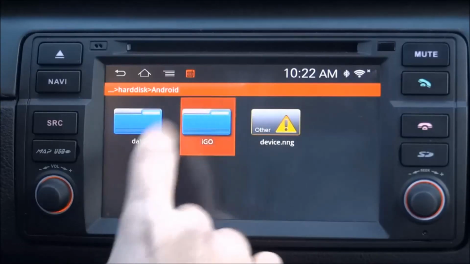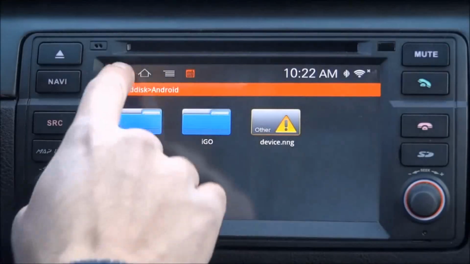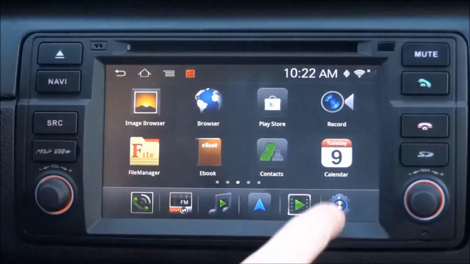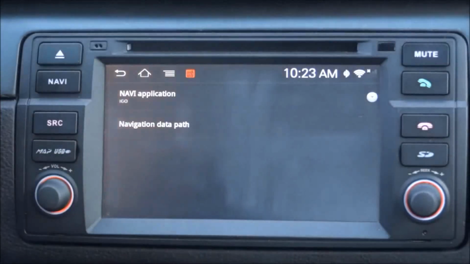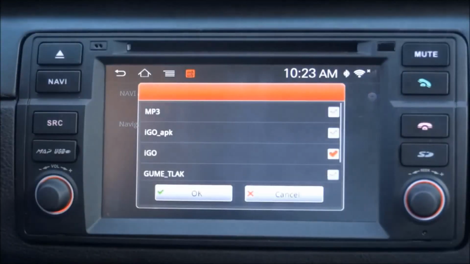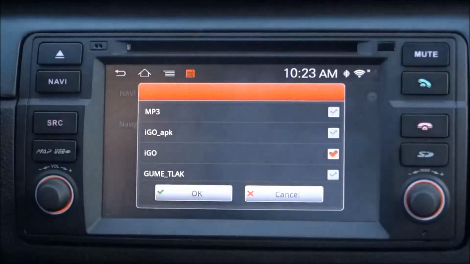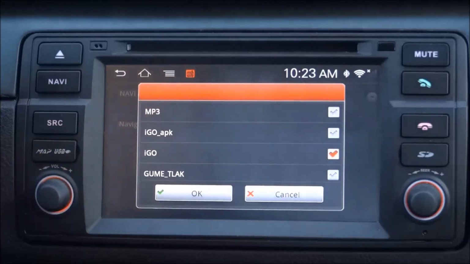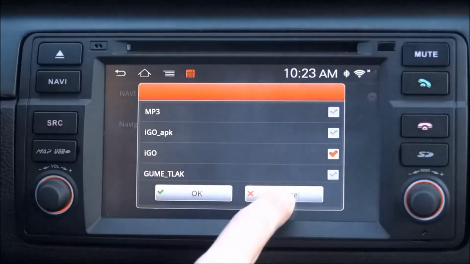Now if this one is used, you would have the device's iGo, but you can also install an additional iGo and put it on the navigation SD slot. So if you insert the card within the micro SD navigation slot, it will simply ask you which folder on this navigation SD you would like to use. Now I have selected iGo, and that iGo folder will be accessible as a symbolic link through the unit's hard disk. All of these other folders, which are also present in the root of the micro SD card, will not be accessible. So for example, if I decide to use this iGo folder, then I will see